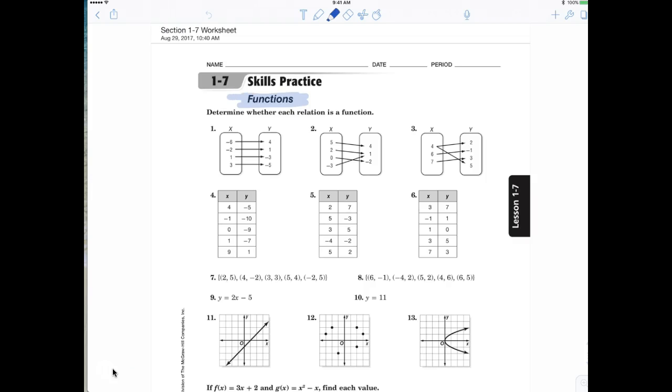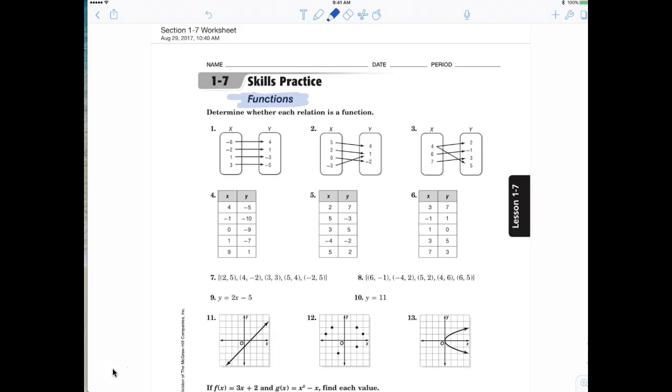Very basic definition of a function. All right, and it says something like this. If a relation is a function, all of the x values will be different. In other words, for every x, there is a unique y. All right? For every x, there is a single y value. Everybody good with this? All right. Now,